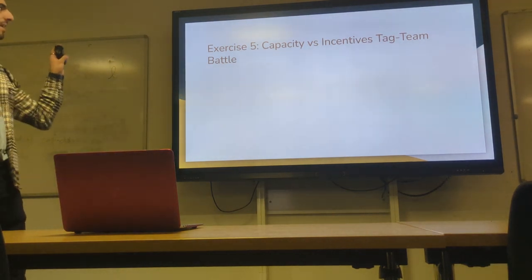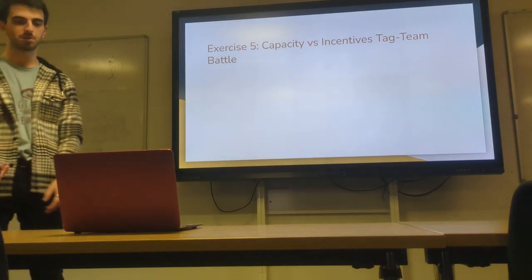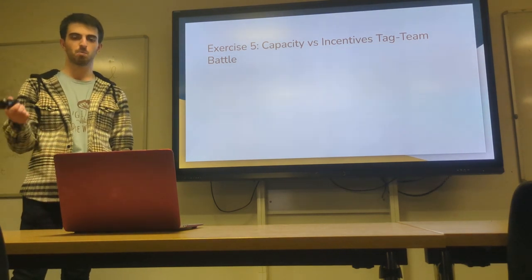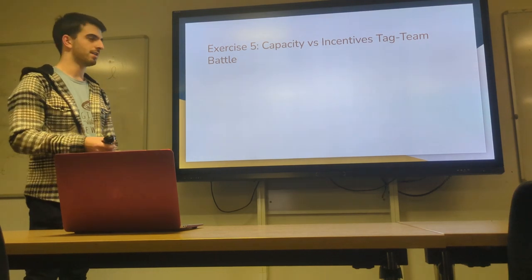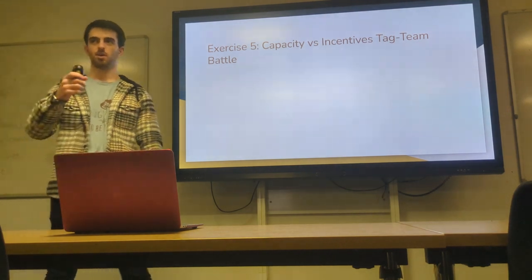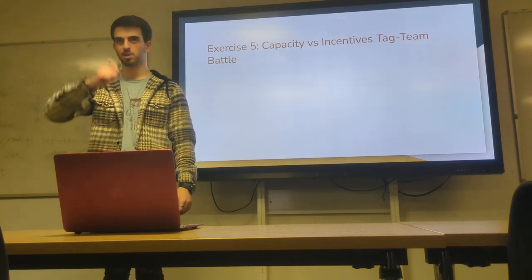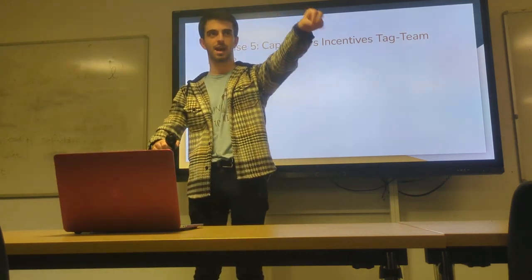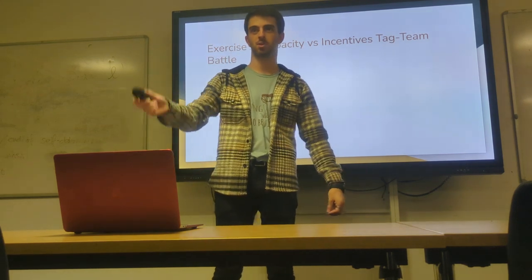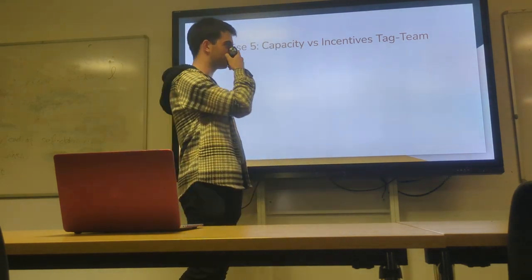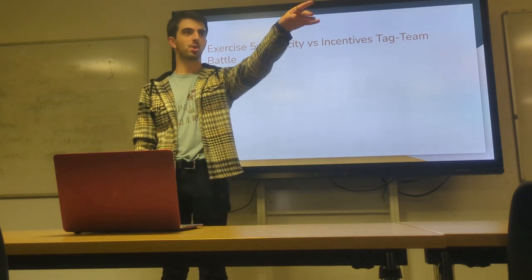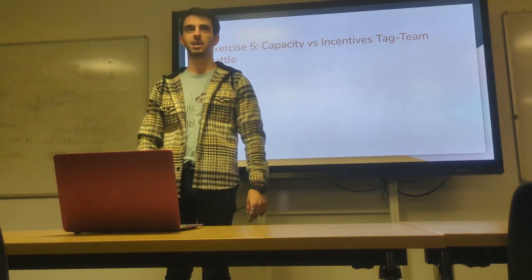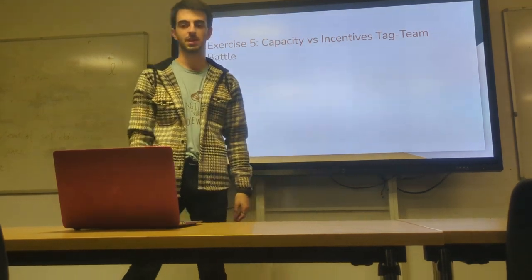Yes. And we're just going to do a tag team battle. So what I'm going to do is give you a motion. I'm going to give team 1 a stance. I'm going to give team 2 a stance. And then I want you to both line up against each other. On team 1, someone's going to say a line of weighing and go to the back of the queue. On team 2, someone's going to counter with another line of weighing, go to the back of the queue. I'm going to keep going until one of the teams has run out of things to say. So, you guys line up, think about how you want to play it strategically, and then I'll give you the votes.